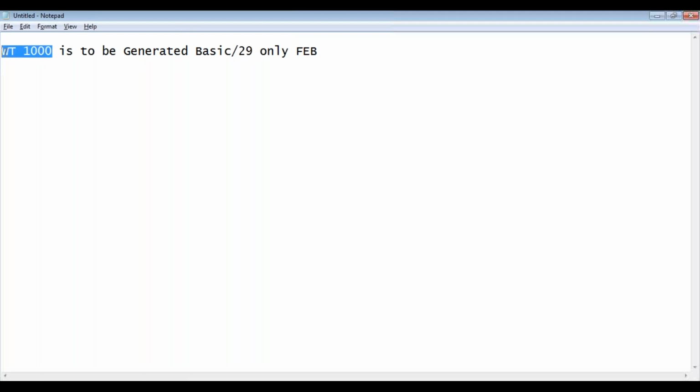Okay, this wage step is to be generated with the amount 29 only in the Feb month in a leap year. This is your assignment.